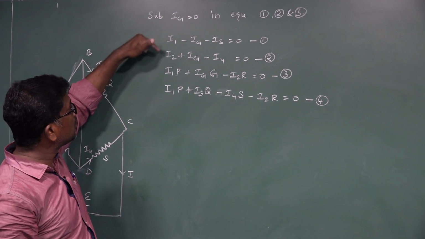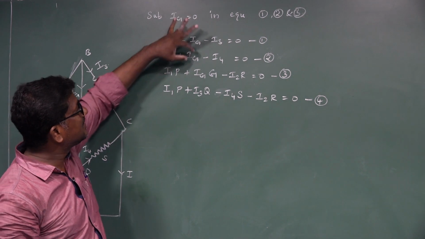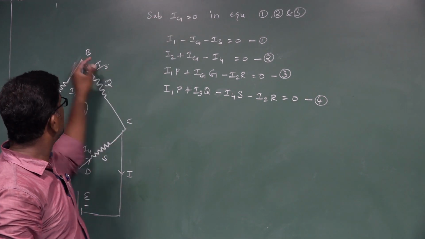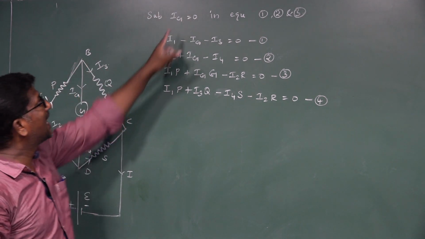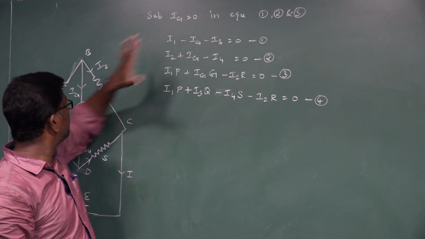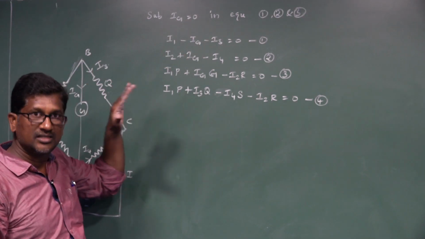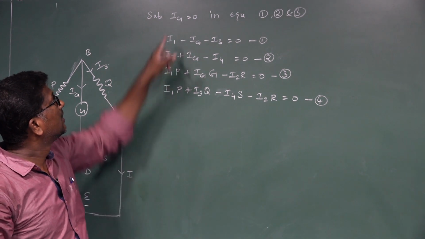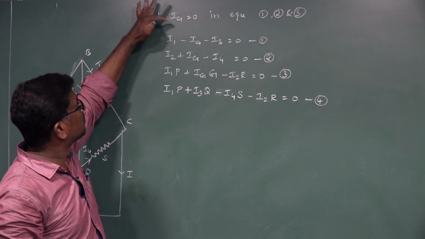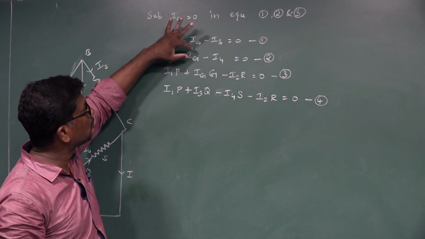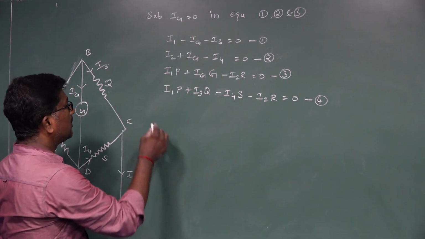In equations number 1, 2 and 3, Ig is there. So if the potentials at points B and D are the same, the Ig value is 0. If this condition is satisfied, then Ig equal to 0, substitute Ig equal to 0 in equation number 1, 2 and 3. Right. Now,